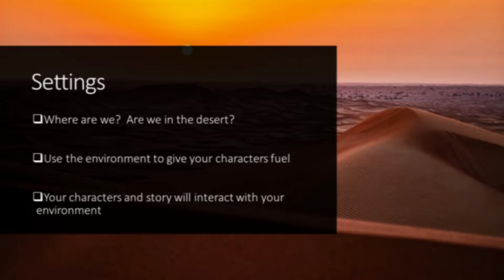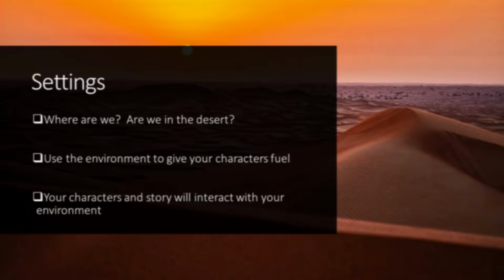Well, we could be in the desert for a few reasons. For one, maybe that's just where the story takes place. For instance, Aladdin, a Disney classic. And in fact, most recently they announced that they will be doing a live action version of Aladdin as well. That story takes place in the Middle East. It makes sense for it to be surrounded by deserts, if not always in a desert. But a desert can also provide characters